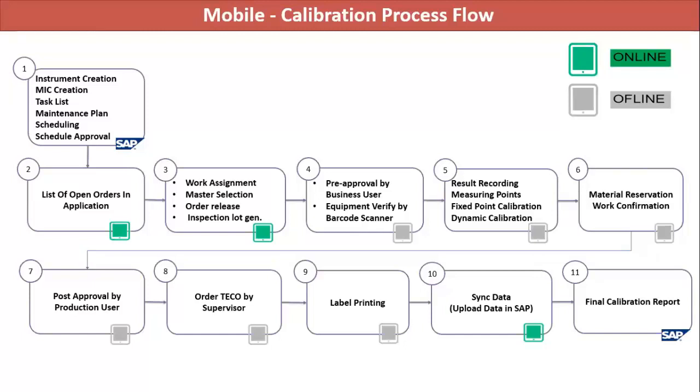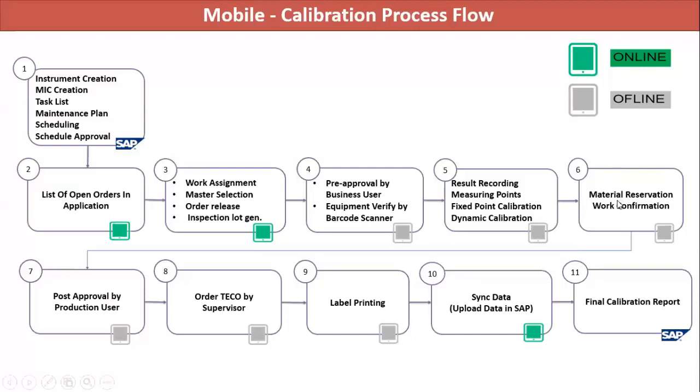Most users are doing manual activity on paper, and then again going into the system and entering the results when it is started. But this mobile app will automatically capture the date and time, so a date and time stamp will be available for exactly when it was started. Those details will be available in your system. Based on that, reports will be available, like cost reports, how much time the specific user has spent on the calibration, and multiple reports can be configured in the system.